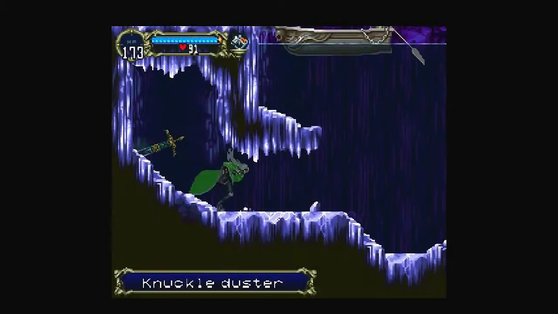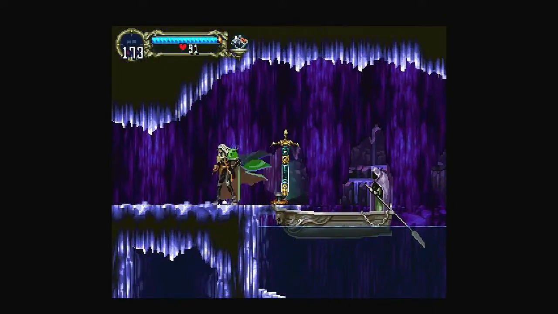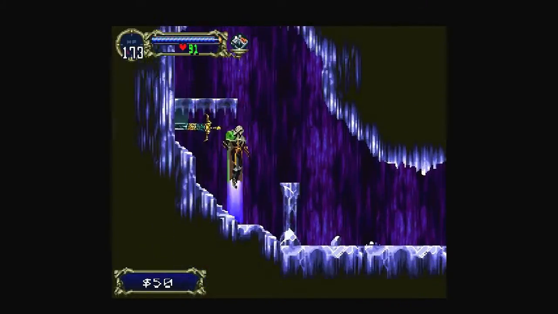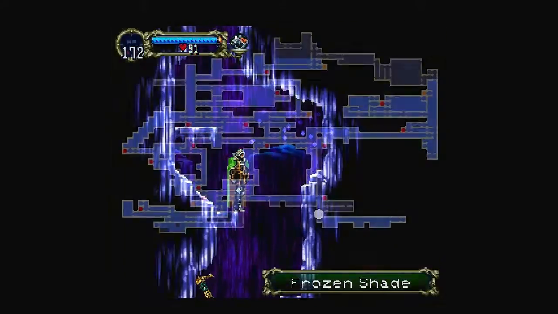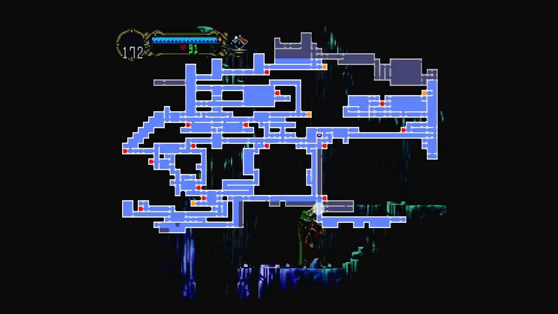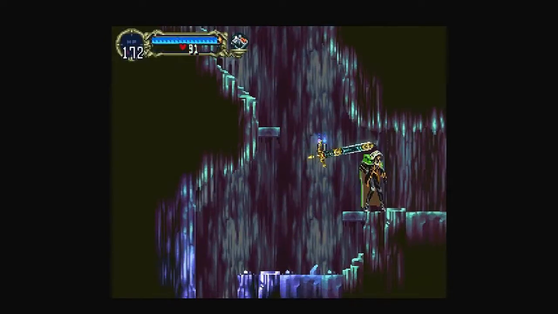Anyways, let's grab this knuckle duster. That is a fist weapon, pretty much like the dual knuckles, but much weaker, actually. Ouch, this hurts. These sharpened ice things really hurt. Anyway, we explored the full bottom side, so let's go to this room on the right that we skipped, because here